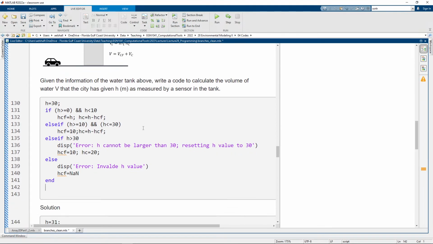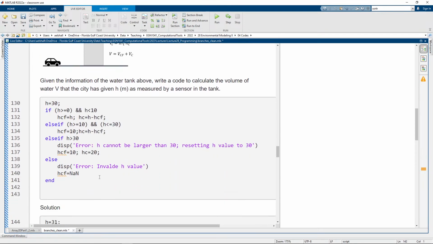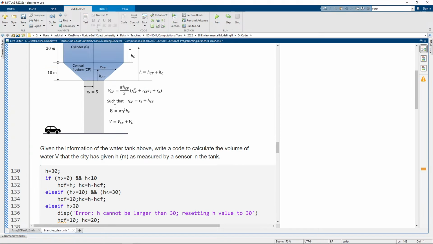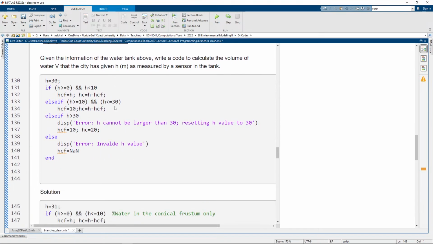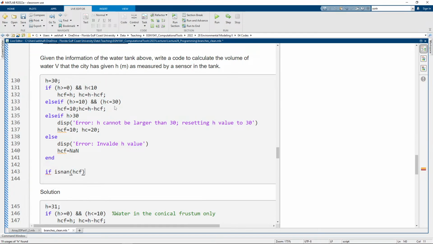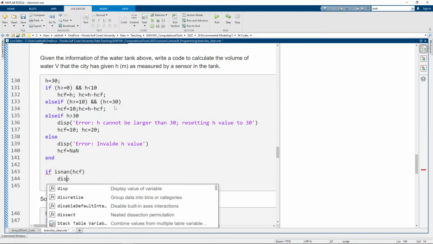And if we have that case like an invalid number, we're not going to do any calculation. So now here we do another if statement, like if hcf is nan, hcf, if this is a nan, then maybe we will display